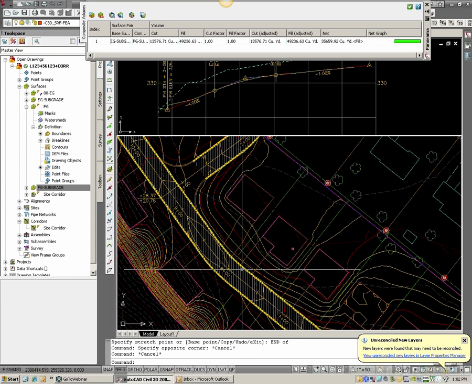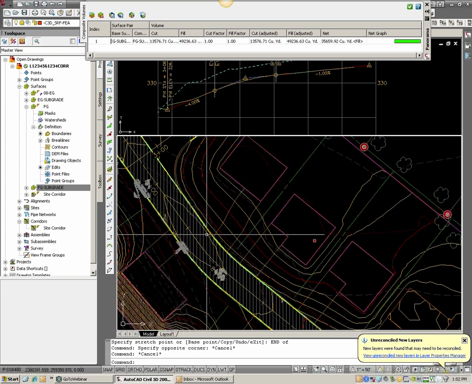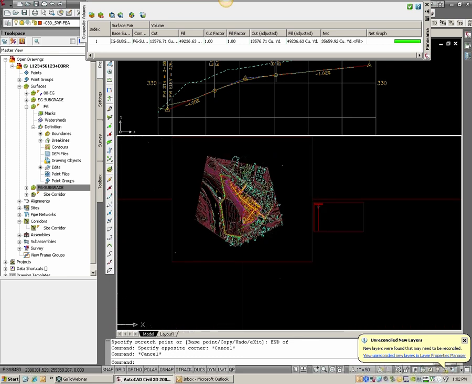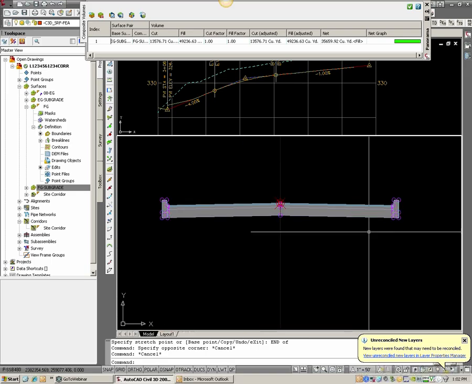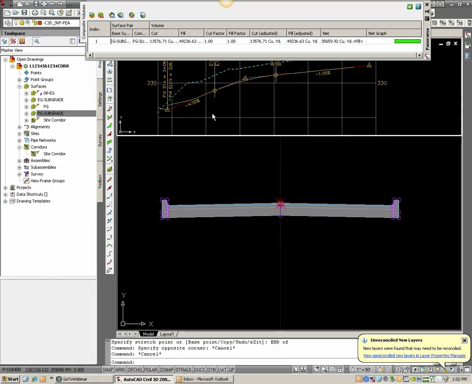What I have found is you're only really using your corridor modeling to do the roadway itself, the typical section. Notice that, if I had sidewalk, maybe I'd do sidewalk. But I really don't go any farther than that. From there, you do this surface pasting trick, get your volumes